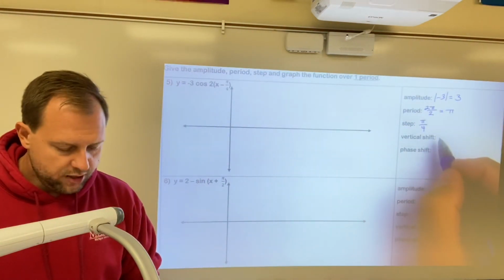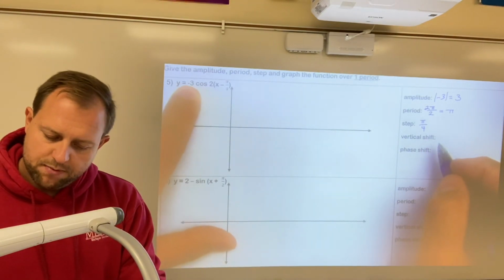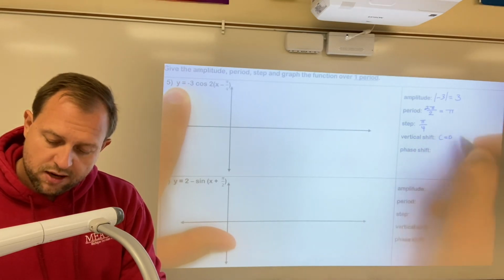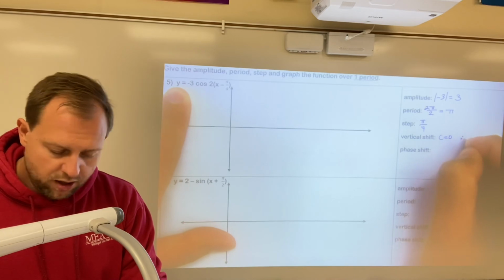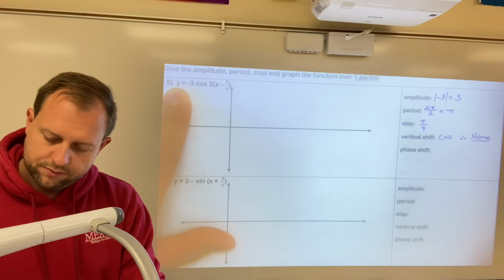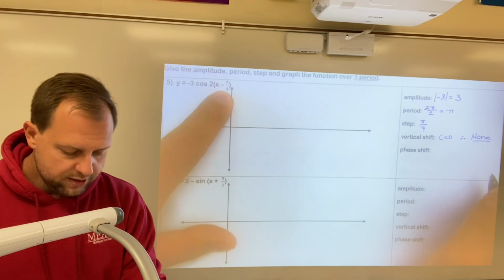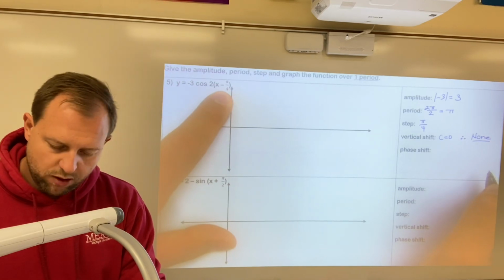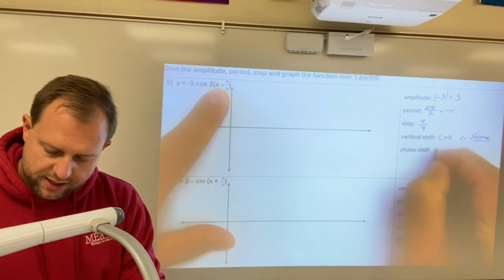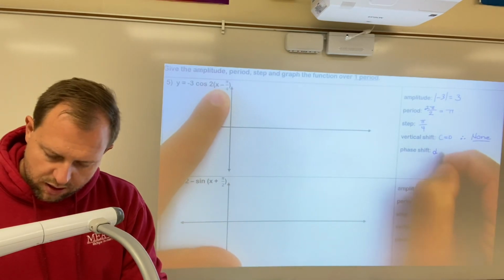Vertical shift is C. There's nothing being added out front here. This is being multiplied, so there's no number being added out front. So C is 0 in this case, which means there is no vertical shift. The phase shift is inside the parenthesis, or what's being done to the x on the right side of it. And in this case, that D is a